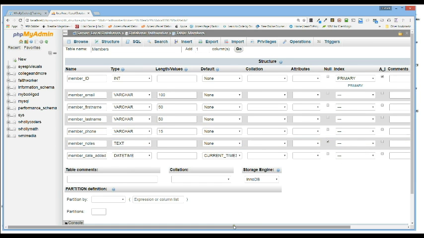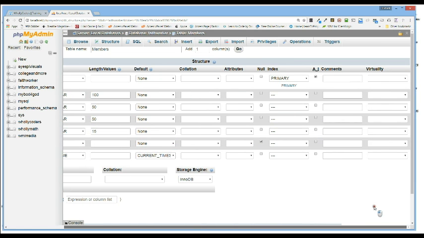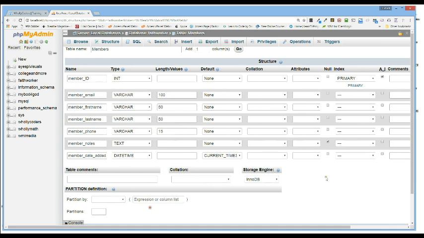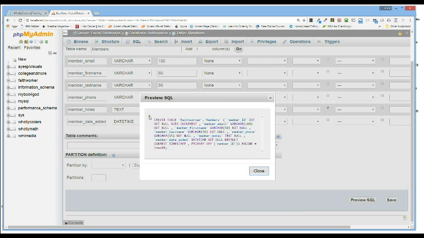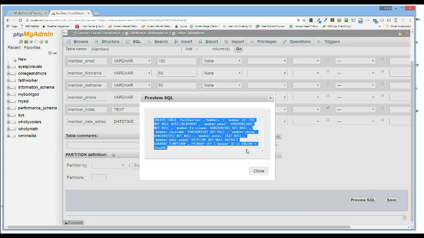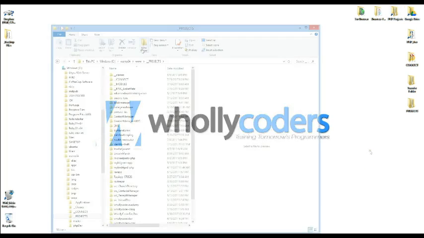And then the thing I'm going to do here is, before I hit save, I'm going to hit preview on the SQL. And the reason I'm doing that is because I'm going to copy this code and use it when I create the member data model. But what I need to do, before I even hit that button,